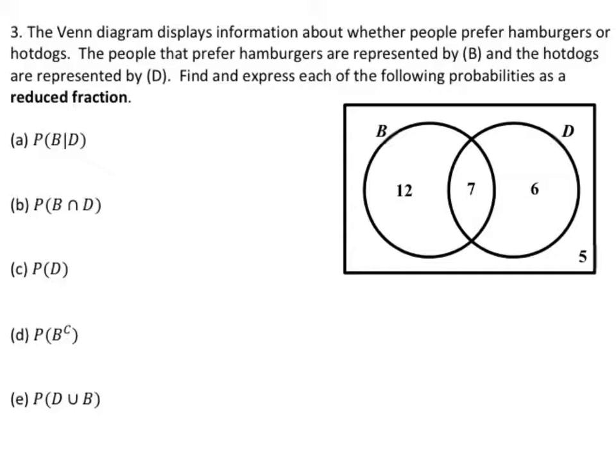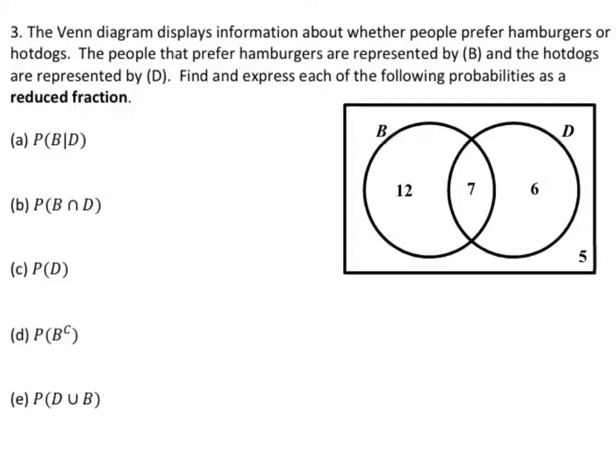For number 3, we have a Venn diagram here that displays information about whether people prefer hamburgers or hot dogs. The people that prefer hamburgers are represented by B, and the people that prefer hot dogs are represented by D. Find and express each of the following probabilities as a reduced fraction. Now, before we do this, I want to note that this Venn diagram is actually not complete. Okay? This is how we normally see Venn diagrams, but we also want to include 3 more numbers that represent